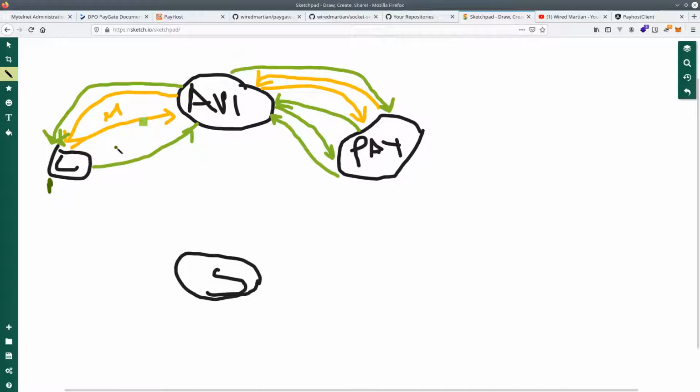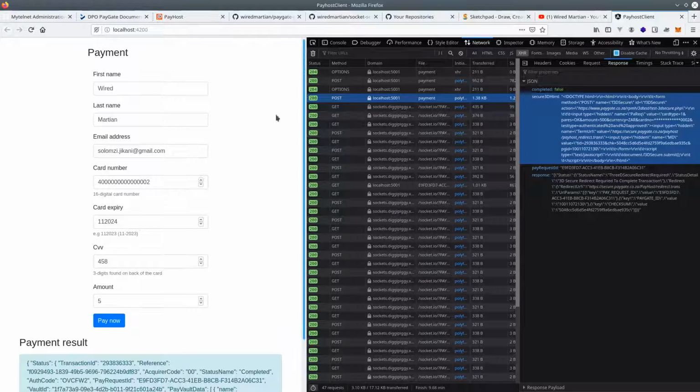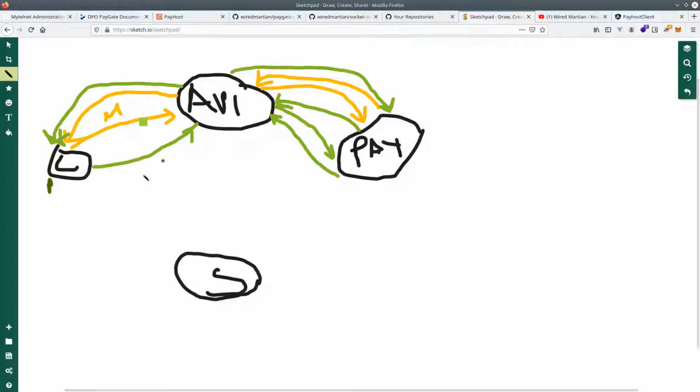So our client takes this page and renders it on the UI. So that Visa page you saw, it takes that page, this HTML, and renders it here, and says to the user, please put in your OTP or whatever it is. And then after rendering the page, it